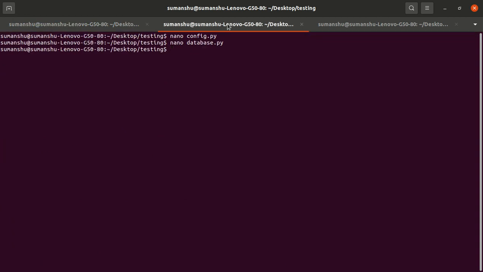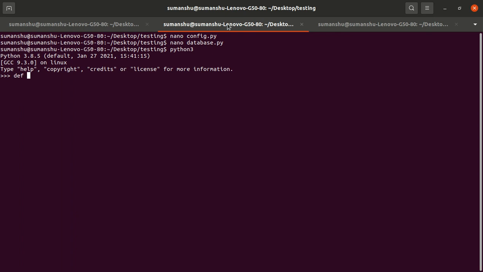Let's suppose you have to create a function. The function accepts a number n, and it will do one thing: return n plus 10. If we write it this way, we get invalid syntax.